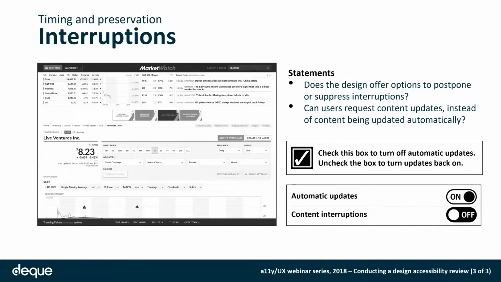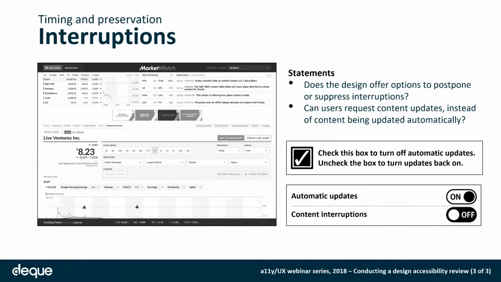So I took a screenshot of MarketWatch and grayscaled it to pretend like it would be a very high fidelity wireframe, but it's actually today's version of the site. And it doesn't have any options, of course, for automatic updates, but it's a great example of a situation where content gets updated on the fly. And if we were to make this accessible by providing a live region or an alert on every single thing that changes, it would be completely unmanageable for someone with a screen reader, because there's just too much changing at once. So someone who uses a screen reader would need, ideally, to be able to turn off all those things and only ask for updates on the ones that are relevant to them,